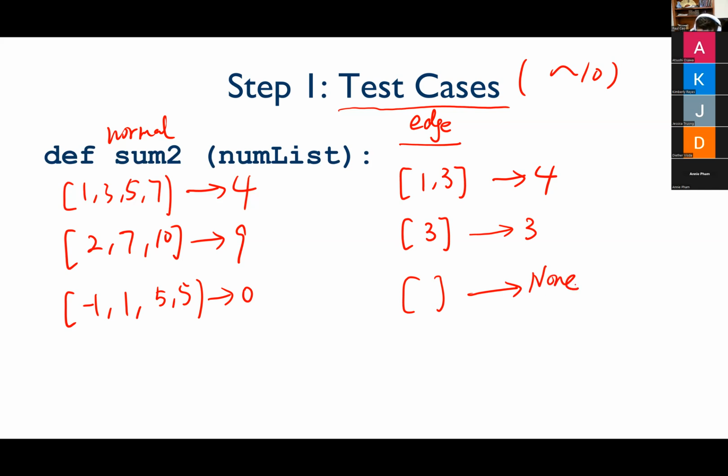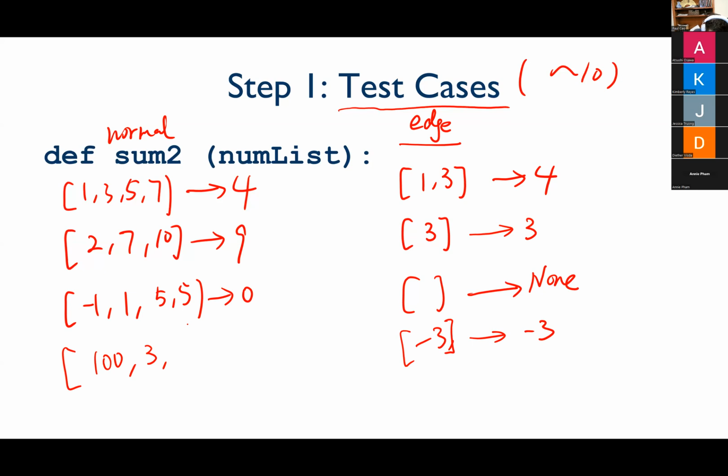So I have about 6 of them now. How about I have a negative value? Would this work? Would it return negative 3? Right? If I have a, like a